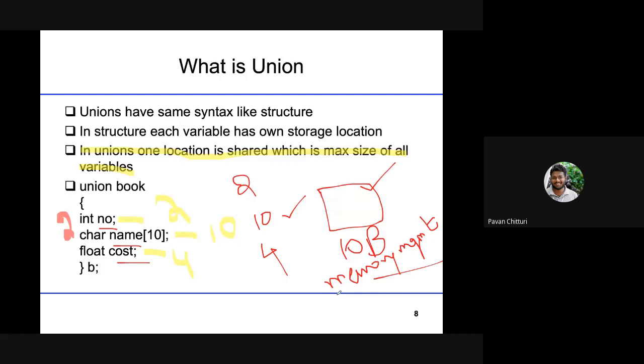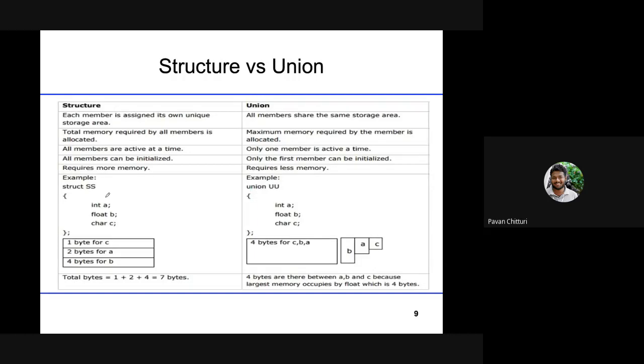In the same way you will assign the value for a variable belonging to a union. Structure of unions, complex unions, all the things are the same. The only difference is this keyword. There you will use struct, here you will use union. Everything remains the same. And this is the summarization of the entire difference between structure and union.